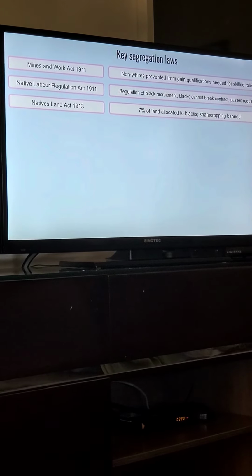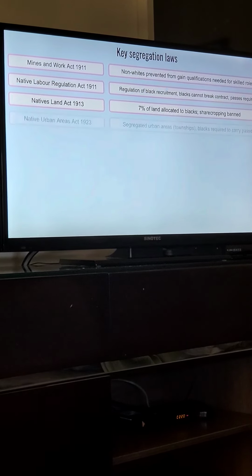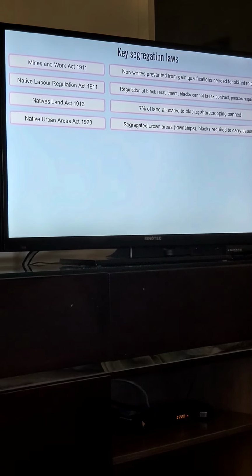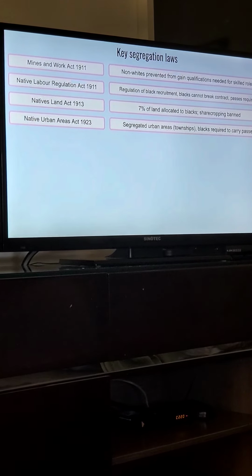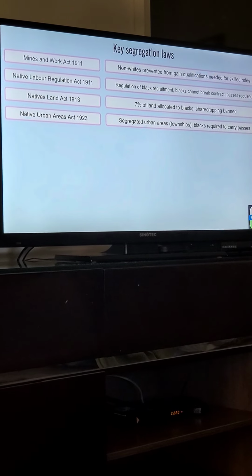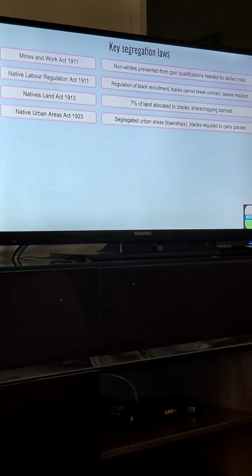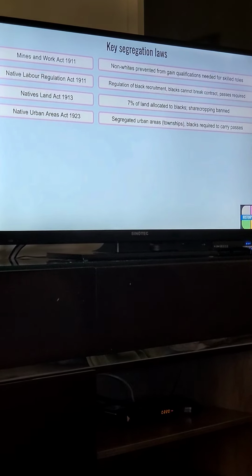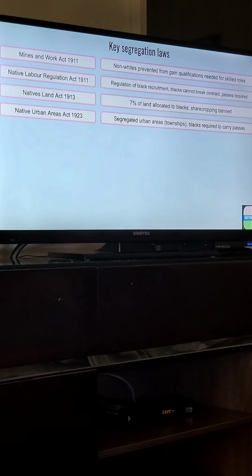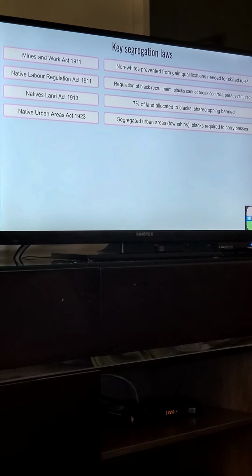The flocking of blacks to towns and cities led to blacks and whites living together. Thus, the 1923 Native Urban Areas Act gave local authorities the power to create areas into which all blacks, except domestic workers, were forced. In time, white urban areas became gentrified, with decent standards of infrastructure and amenities. In turn, black areas were neglected and quickly became slums. To control the movement of blacks in urban areas, blacks were required to carry passes that outlined their nature and